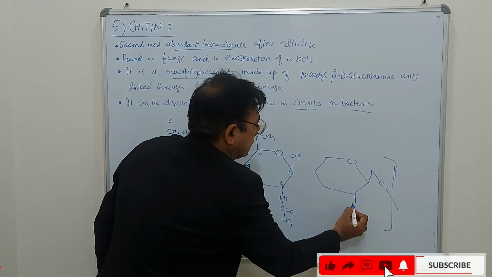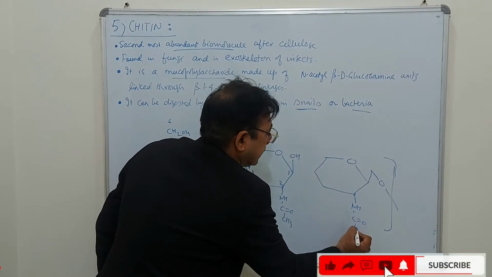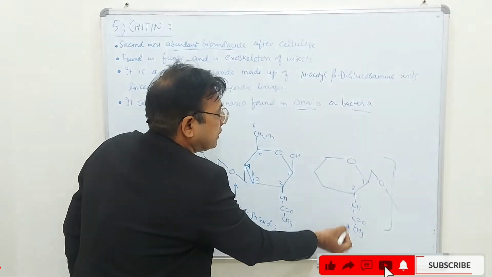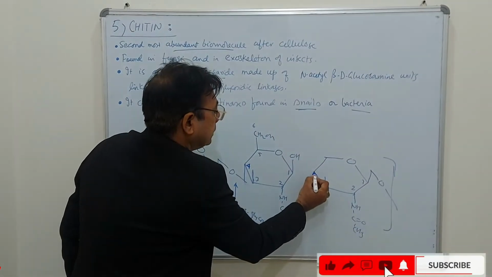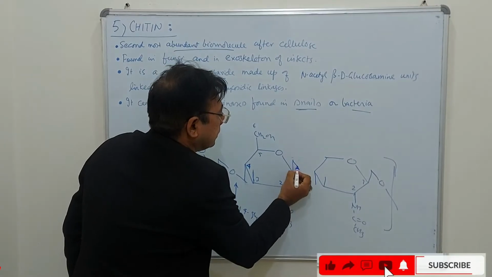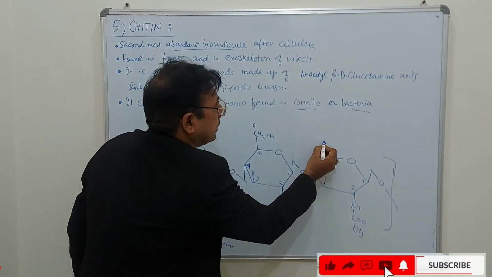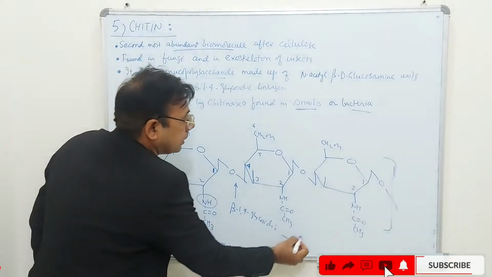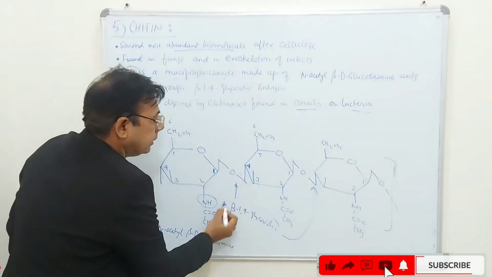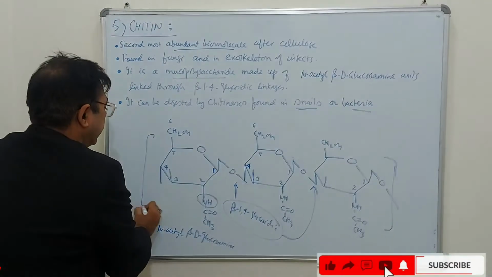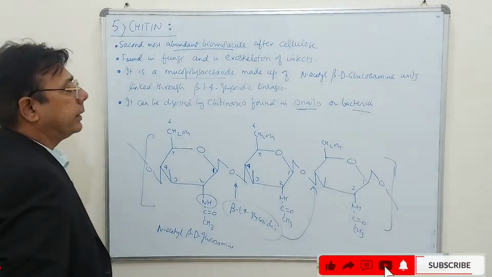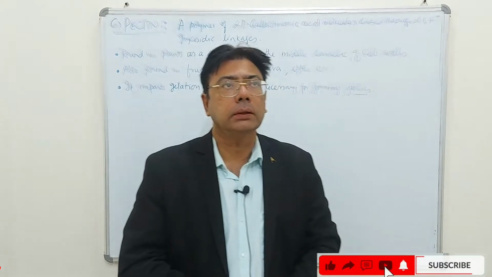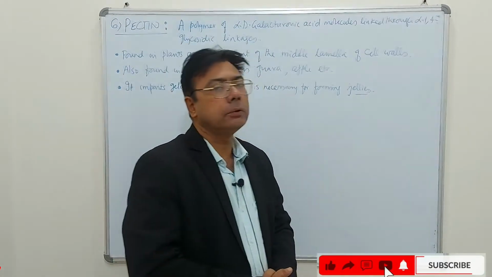looks like this. You have to take care that on position 2 you have to add this group, N-acetyl group, NHCOCH3, and then you have to make this 1,4 bond, beta 1,4 bond. Everywhere it is beta 1,4 glycosidic bond, and the polymer that you get is chitin. Students, the last homopolysaccharide that I am going to describe is pectin, and you know that pectin is